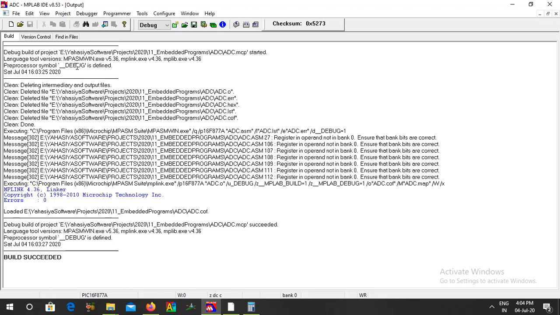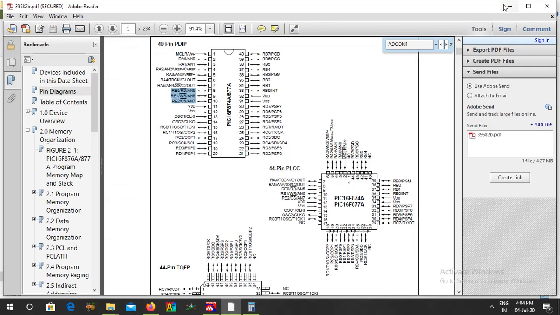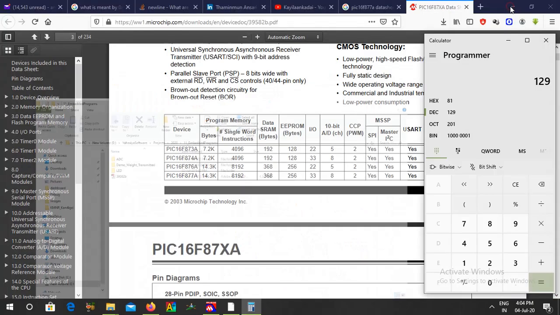So let me take my controller out from the board and fix it in the flasher. I fixed it now. Let us see whether it is detected in the PICkit 2.